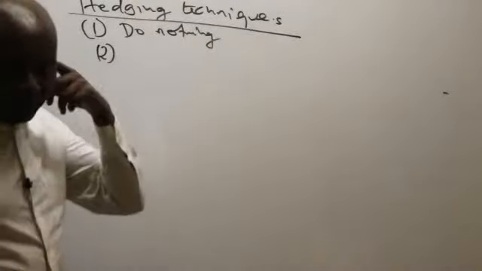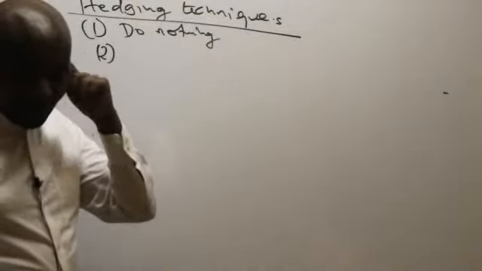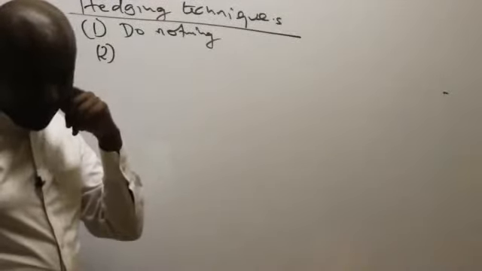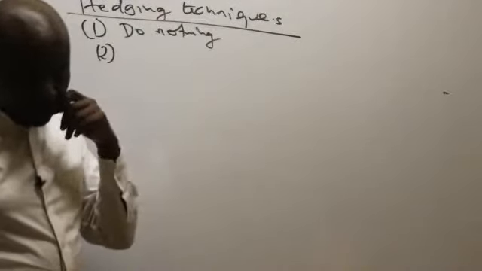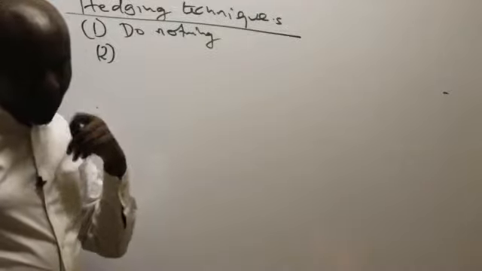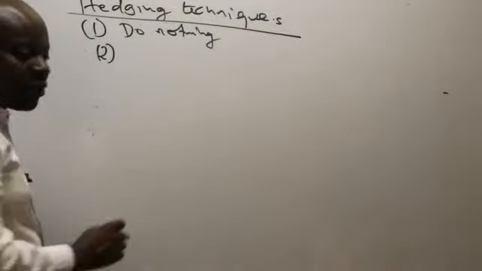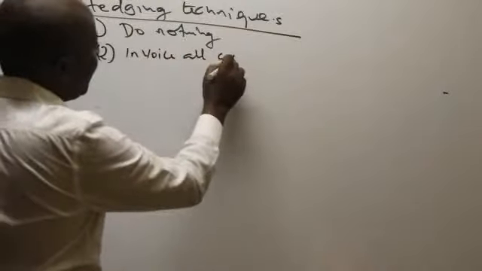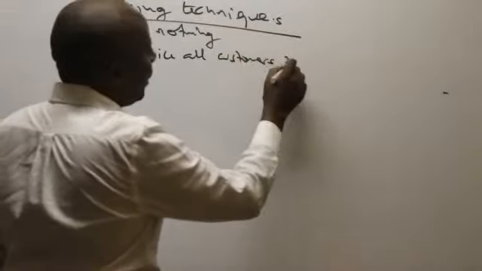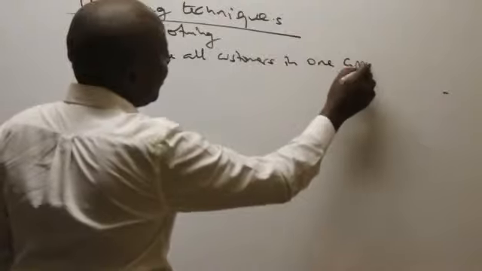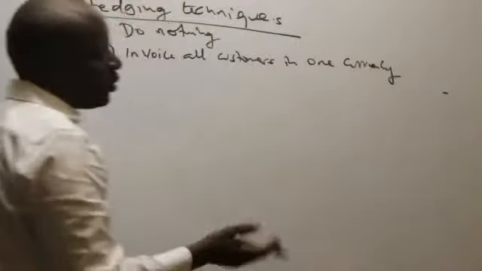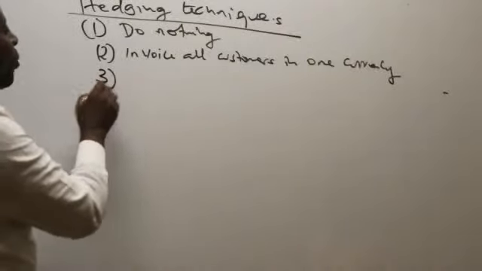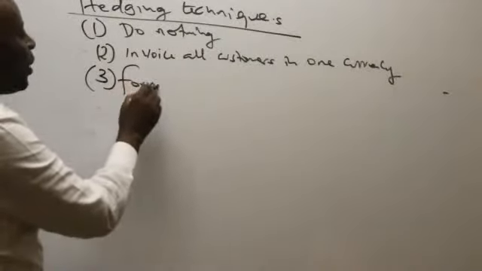And then number 2, what do we have here? Invoice all customers. All customers in one currency, in one preferable currency. It could be the dollar. It could be the Kenya shilling. Like that. And then on number 3, we have what we call the forward